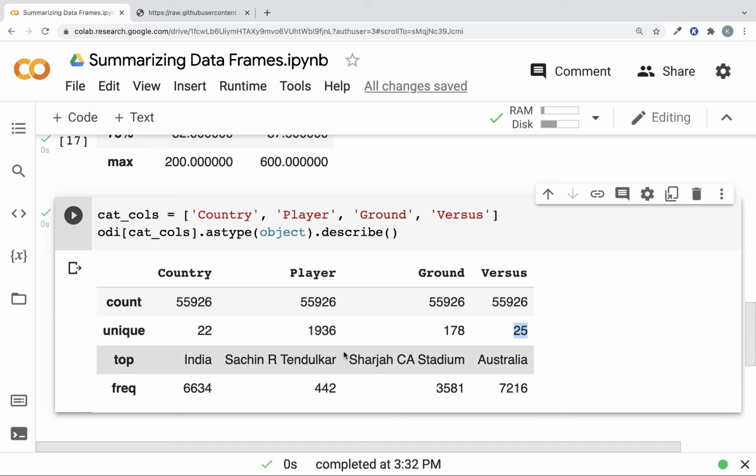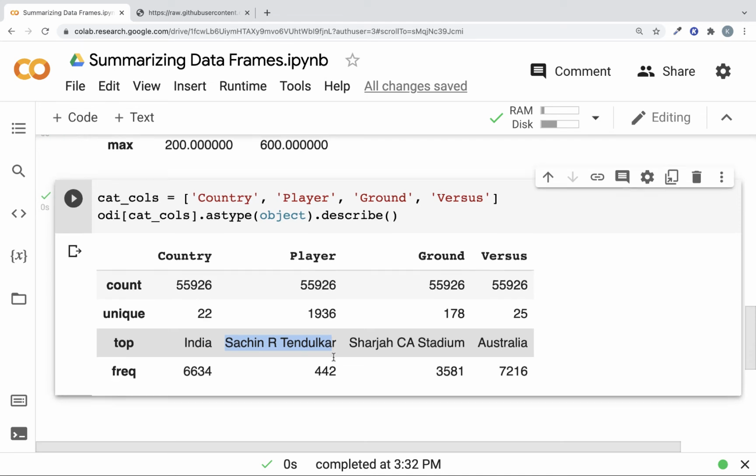So a few values in this output will be helpful for us, and a few values like top for country alone might not be helpful, whereas top in the player column might be helpful for this dataset because it has player match level information. So you have to carefully understand the output of this result and make your interpretations accordingly.